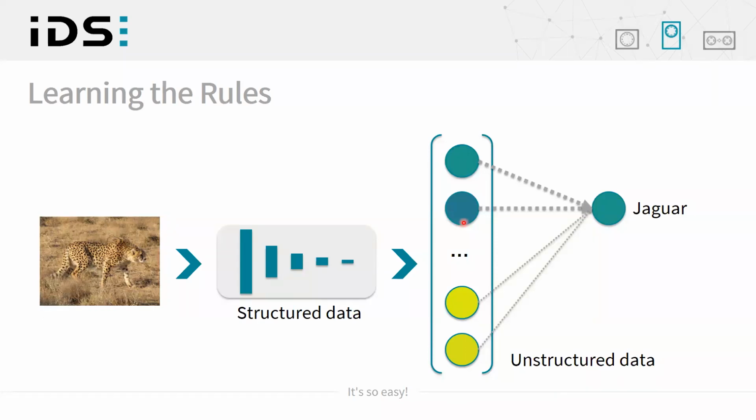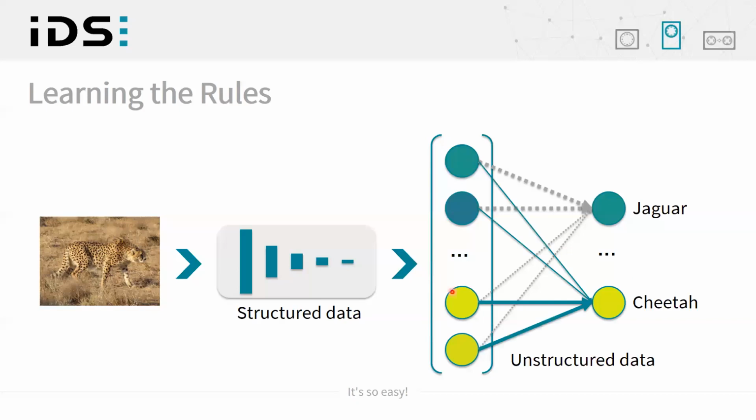So in order to interpret this image, we have to map it to our desired output. Let's imagine we'd like to classify several classes of wild cats, and one of these possible outputs would be jaguar. For the jaguar, it would be important to have these upper two features represented in the image, which is not the case in this example. What is the case is that we have these two features here that are important for identifying a cheetah, which is in this case, of course, also correct.